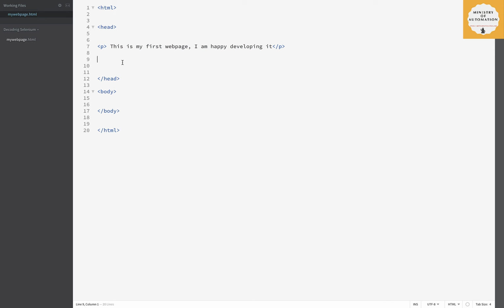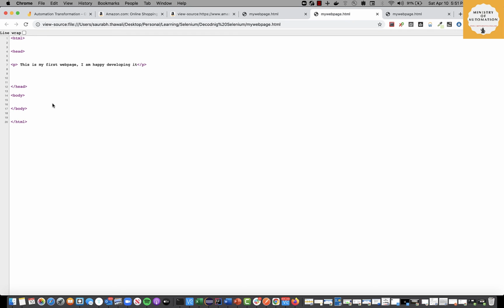Okay, remember this. Now let's try to understand how this information which we wrote inside those two p tags is gonna get displayed on my browser. Now we're just gonna save this file, go back to our browser where we opened that HTML file, and then reload it. Now you see, wow, the content which we have written between those p tags has started displaying on my web page, right? Now again, if I right click and do page source, I'll be able to actually see the code which we have developed, right?